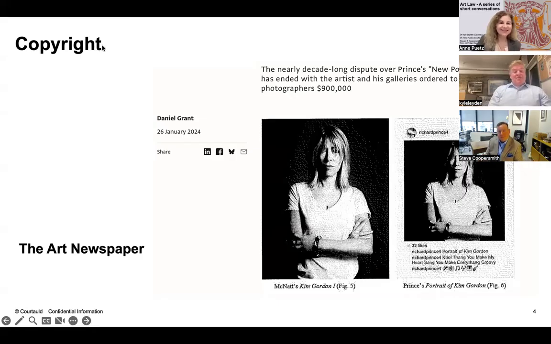Absolutely. And what I actually found really interesting about that case was that the court actually specifically rejected something which I found was a bizarre defense, but apparently previously had been thought to be good law, which was what I think they called the fame defense, which basically argued that because Prince was so famous, anything he created would be considered to be a new work of art, and that to consider it otherwise would actually have a chilling effect on the entire art market and prevent new people entering the market because they'd be afraid to enter it.